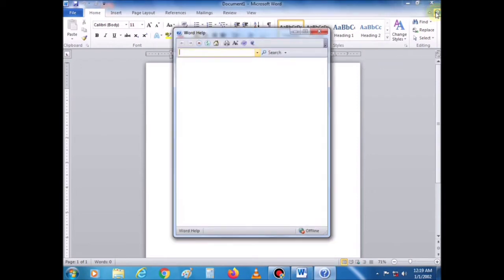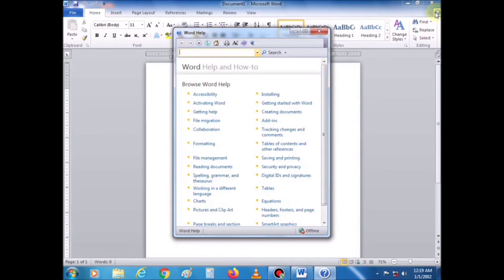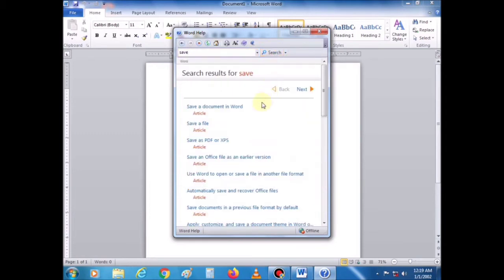Here you can type your question or keyword related to your topic in the search criteria text box. Now, after typing the text, you can click the search button. Word will list topics related to the question you entered.